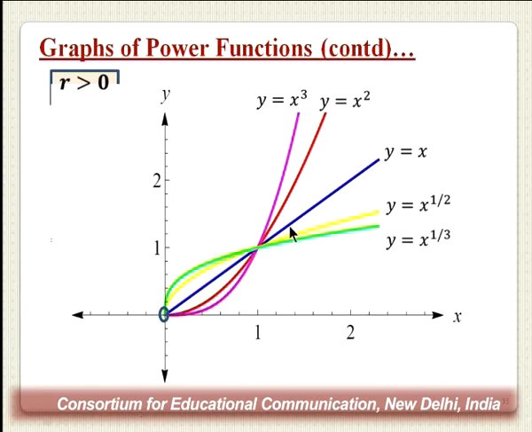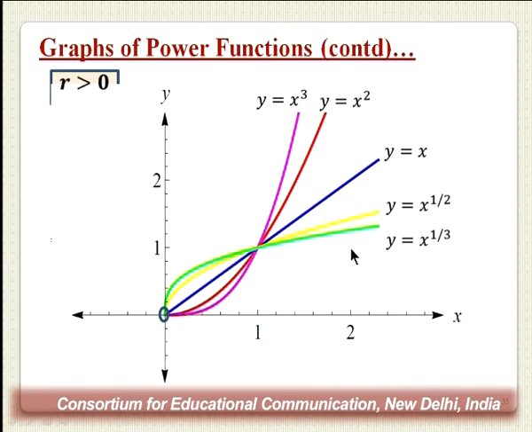You can see here that I have taken different powers for x. I'm restricting myself here to positive exponents, so I'm not taking into account r less than 0. But yes, if I take r equal to 1, I get this straight line, y equal to x. If I take r equal to 2, I get this curve in red, r equal to 3, this curve in magenta here. And if I take r between 0 and 1, this graph in yellow is the graph for square root of x, where r is equal to half, or I could take r equal to 1/3.